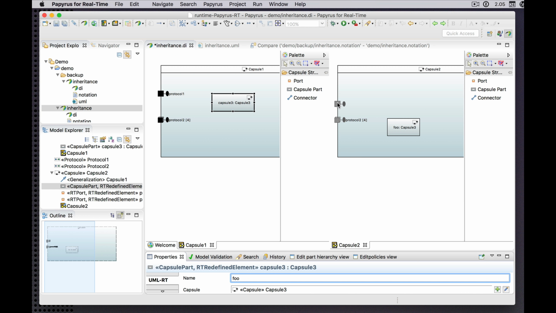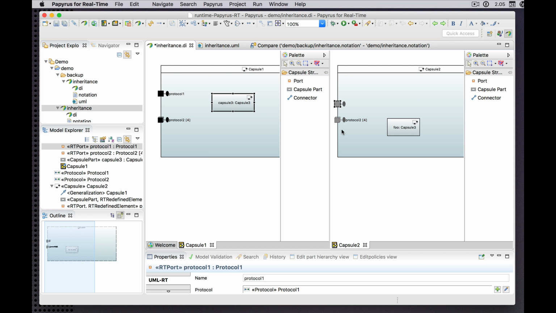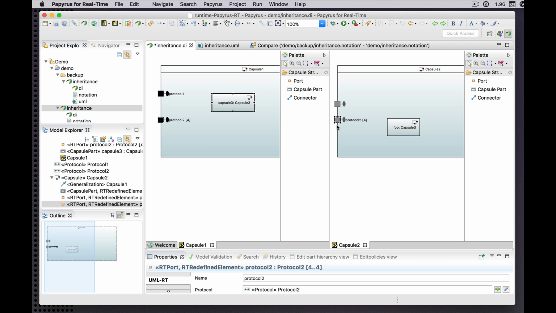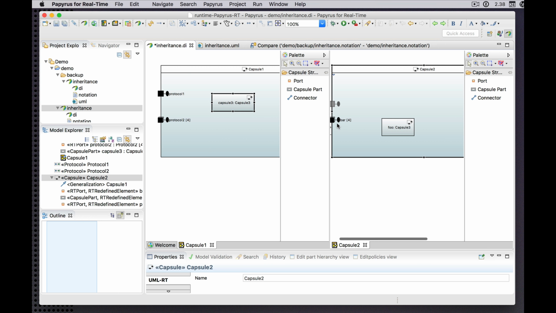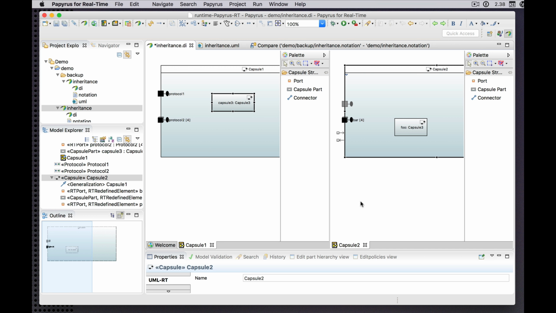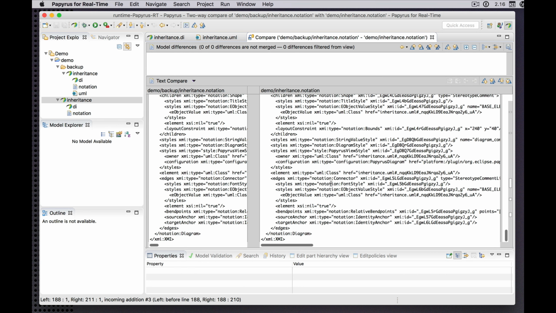And the same goes for an element like this. Let's take the one that we didn't actually move. I'll call this, whatever, doesn't matter. Now it gets its own name, and it also changes back to the color that shows that it is a locally defined element. Now if we save that, we can see